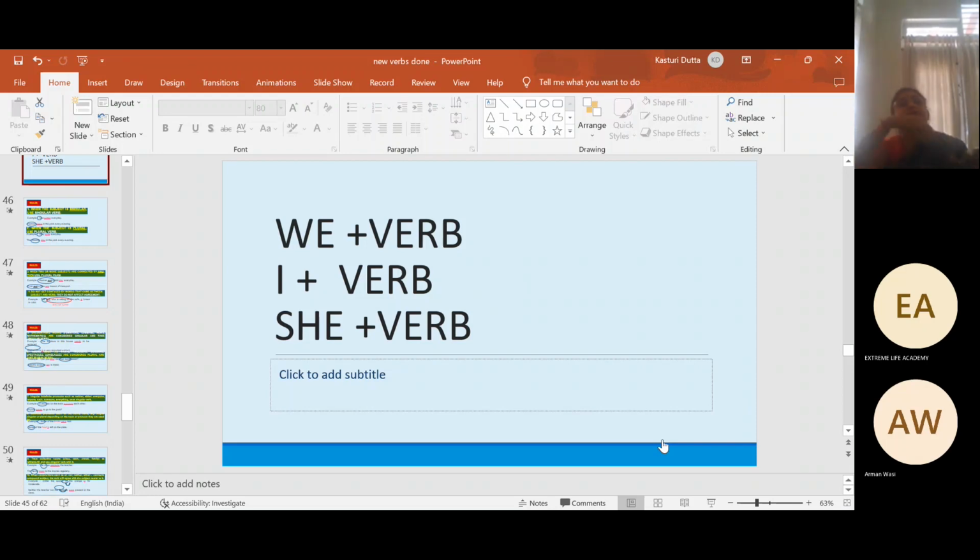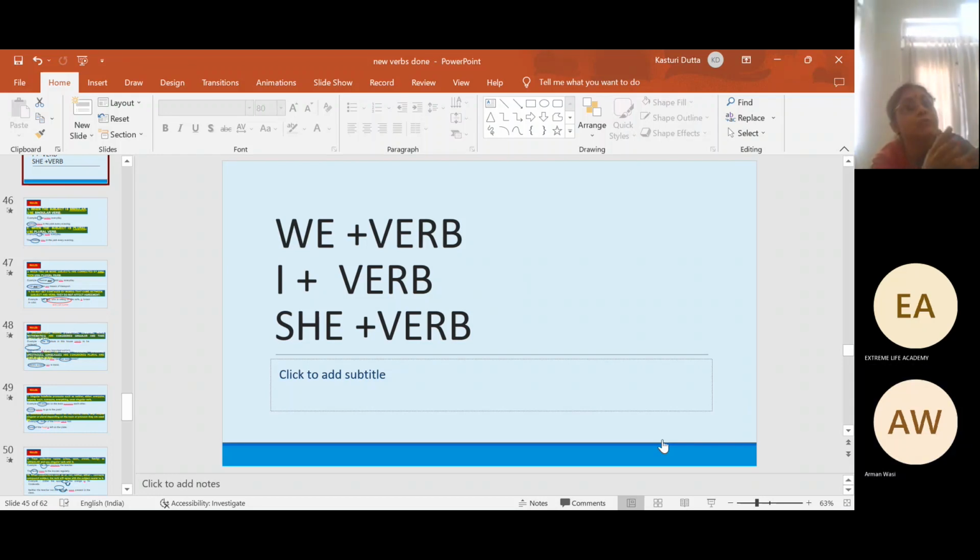In English also, when you are giving a speech, that is why the concept of grammar should be known to you: adjective, noun, pronoun, the most important is tense and verb, and preposition. And then comes the modal verb. Modal verb I will do later, not right now. Modal verb needs a lot of understanding, like can and could, may and might, shall and should.